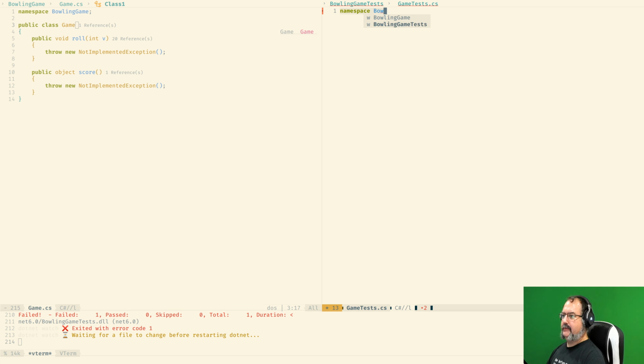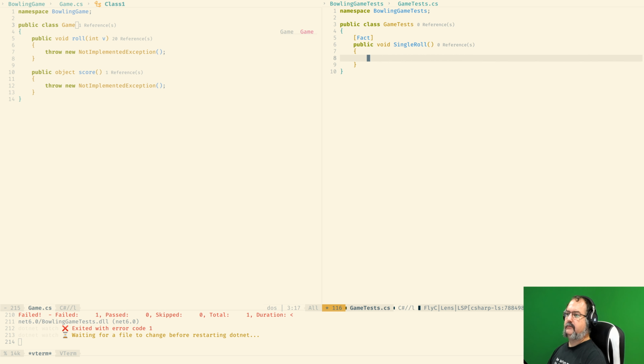In the bowling game test namespace, class GameTest, and over here we are going to have a fact for now. I'm going to have a single roll and see what happens when I do a single roll.